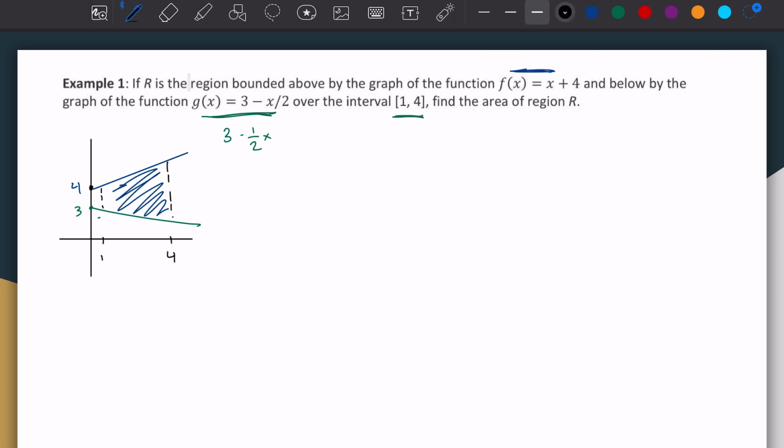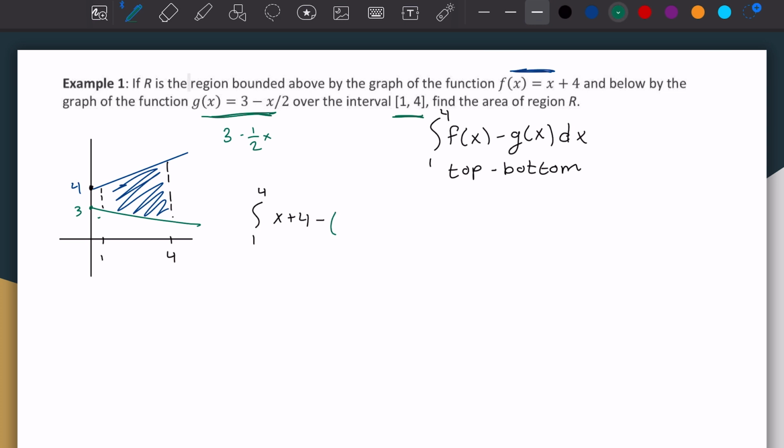So as we saw before, this essentially is going to be f of x minus g of x from 1 to 4. It can also be known as top minus the bottom, which is crucial for some of the later problems that we're going to be doing. So let's go ahead and set that up. It is going to be the integral from 1 to 4. Of course, also can't forget the dx. x plus 4 minus, put in parentheses, the g of x, so you don't forget about distributing the negative, 3 minus x over 2